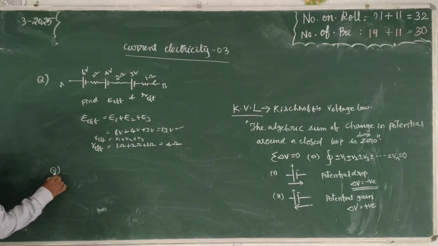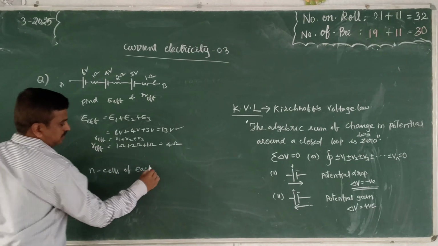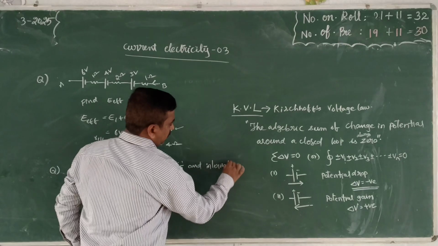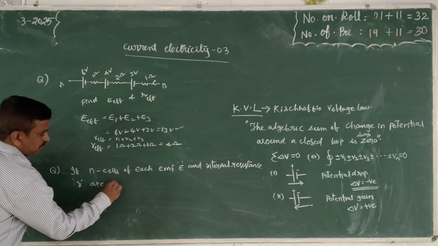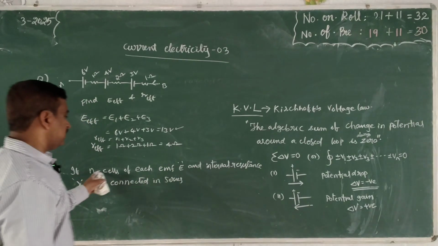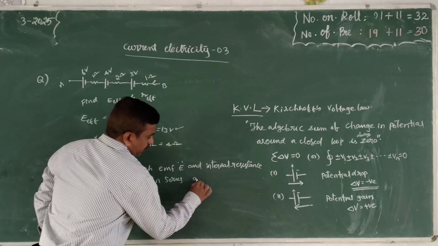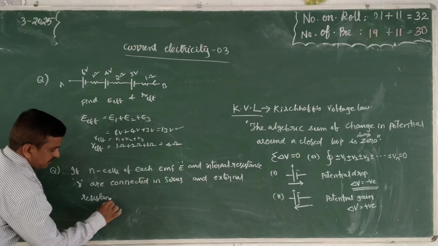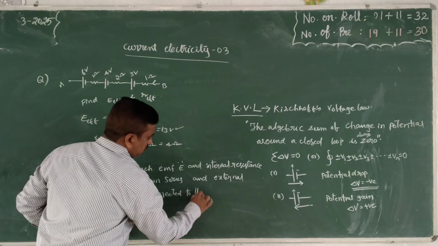Next problem: if n cells, each of EMF E and internal resistance r, are connected in series, and an external resistance capital R is connected to this combination,